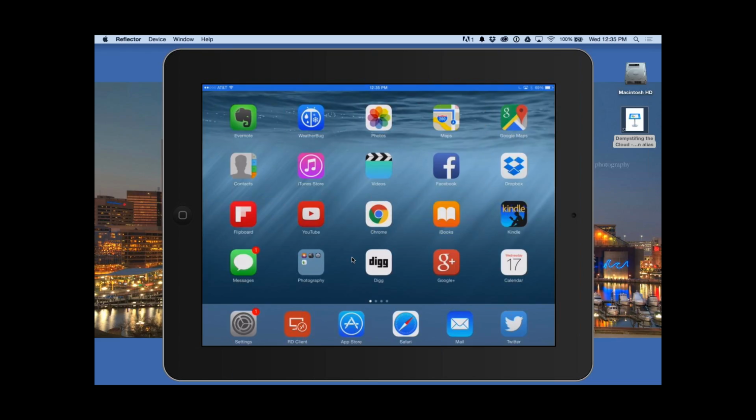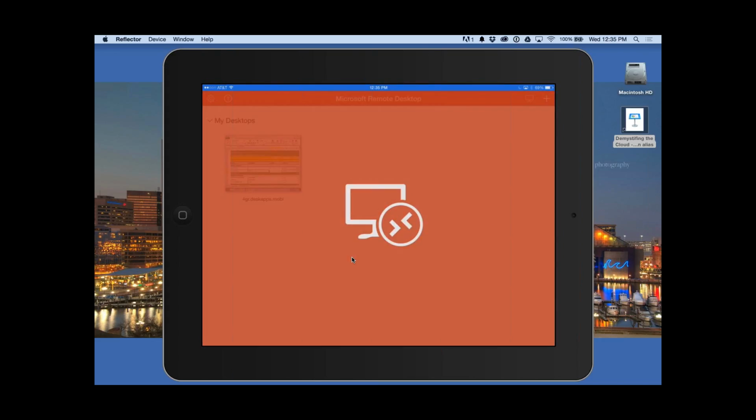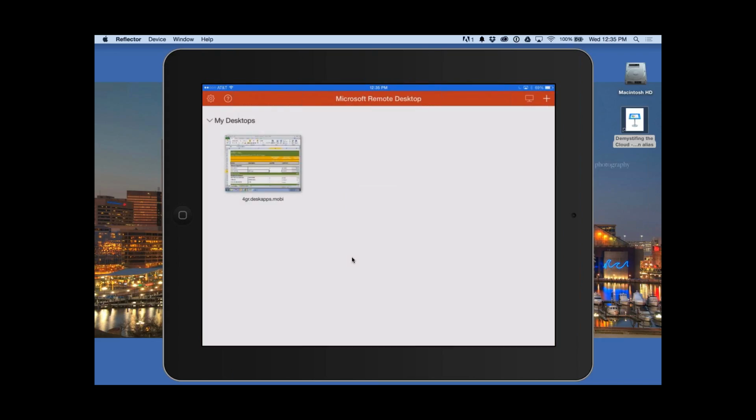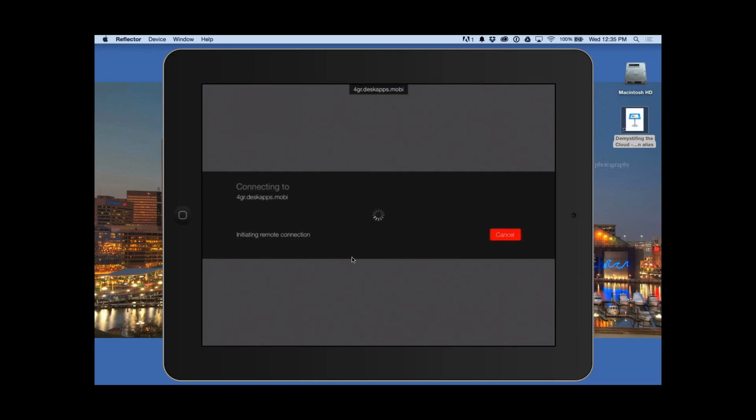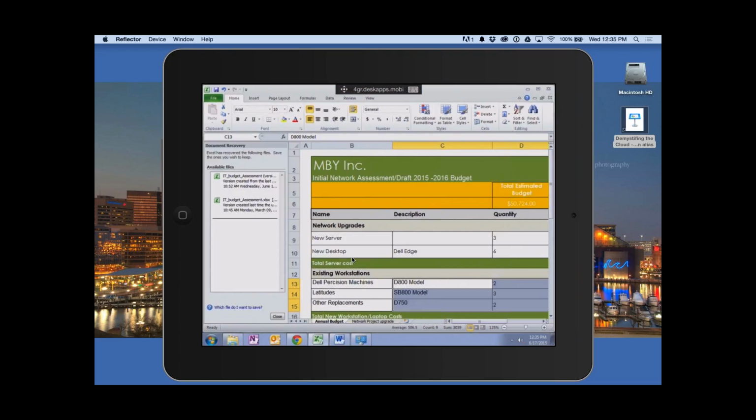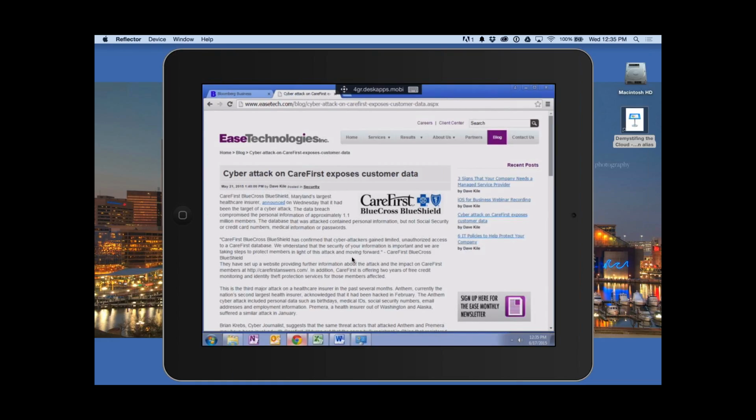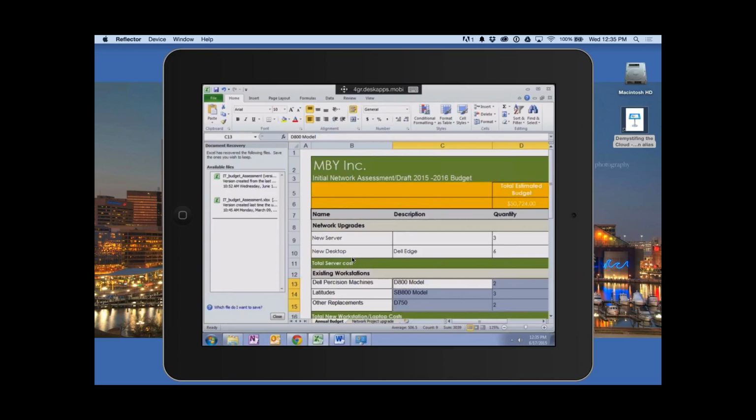So again, here's RD Client in the lower left-hand corner of my iPad. And Pat, what's the RD Client? People aren't familiar with that. Yeah, that's the same thing we have here on the Mac, on the actual Apple desktop or laptop you have here, downloaded right from the Apple Store for free. So launch it the same way. It brings it up, and there are those same screens I just had running. I had the Excel document running. I had my Chrome browser running as well.